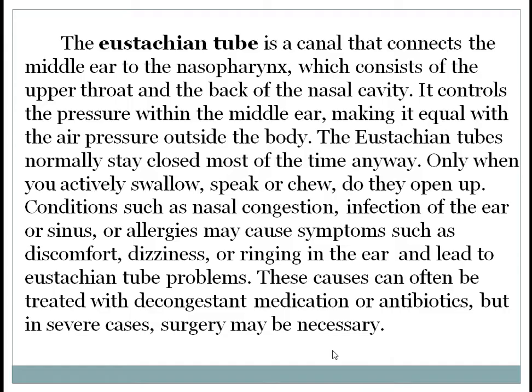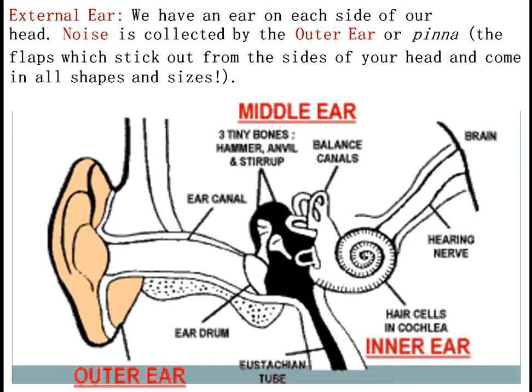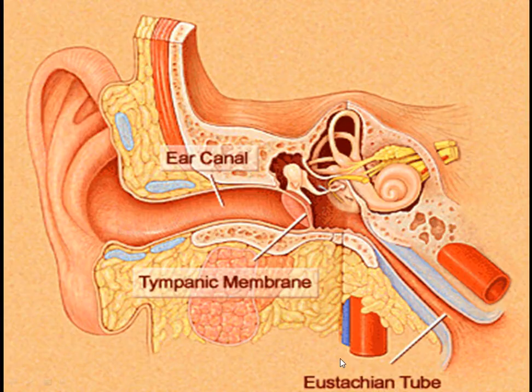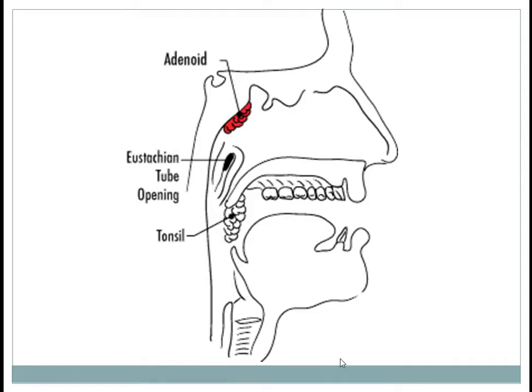So this is the structure you can see here, and I will show you this opening in the middle ear and its other end open in the nasopharynx. I will show you this diagram also. You can see the opening of the eustachian tube in the nasopharynx. This is the reason when you have any nasal problem, congestion, you can have the congestion of the eustachian tube and blocking of the ear also.